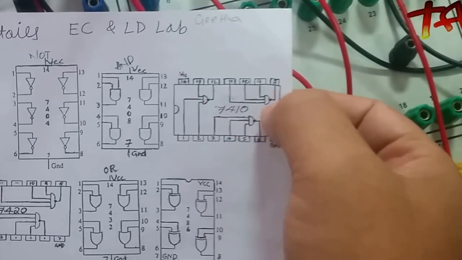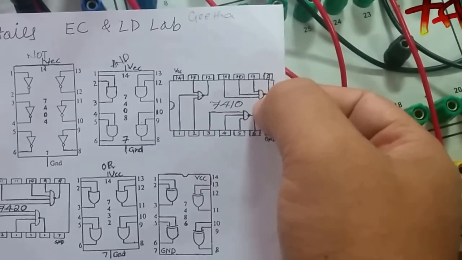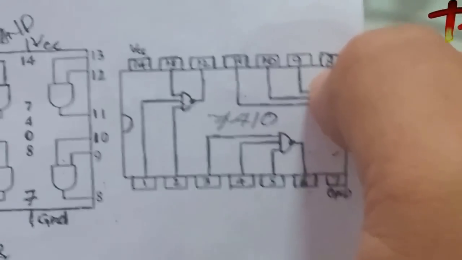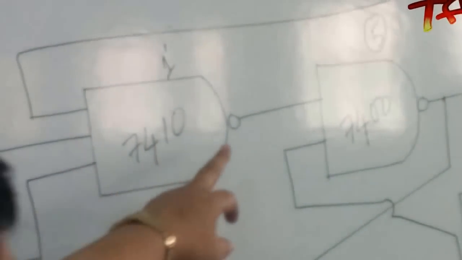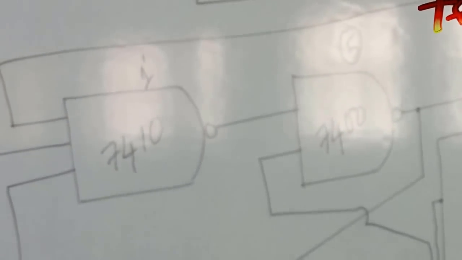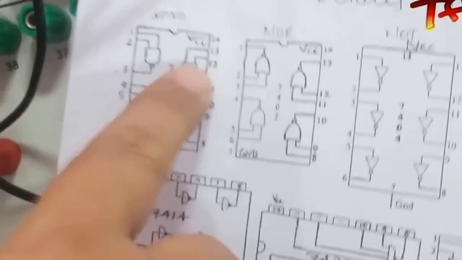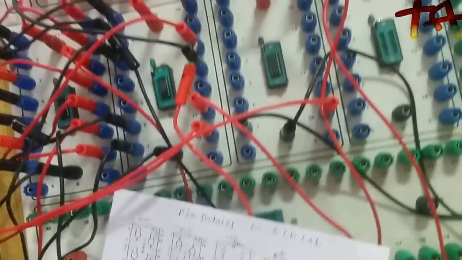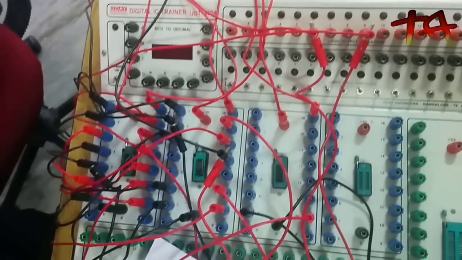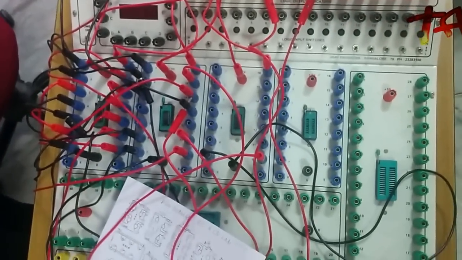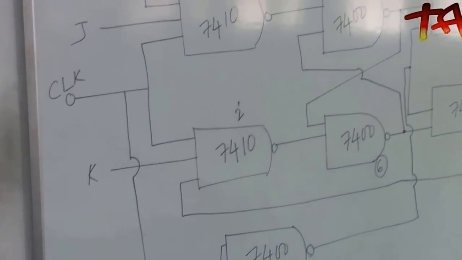Therefore, the output of this we will take as 1 dash, and this we will take as 2 dash. The output of this NAND gate is pin number 8. I have connected to 8, and you can look at where it will be connected. It will be connected to 5, which is 5 here. 12 or 13 of this IC. Therefore, it is 12 or 13. The 13 is vacant. I connect it to the 13.